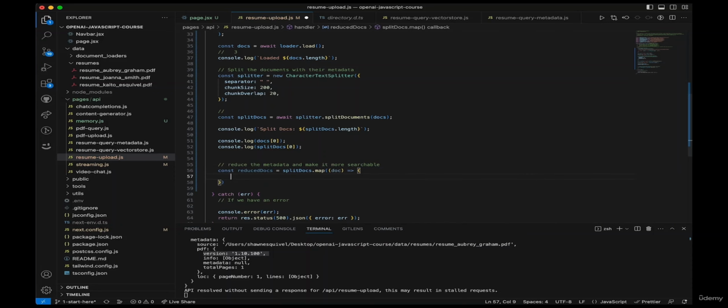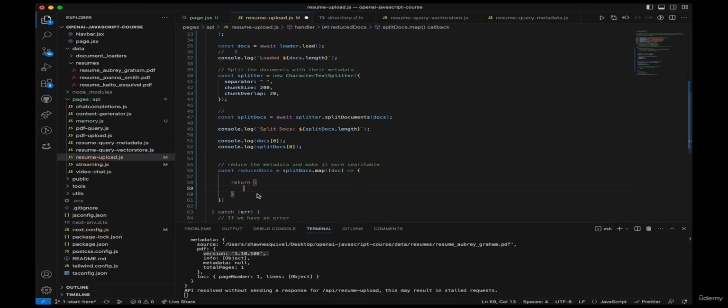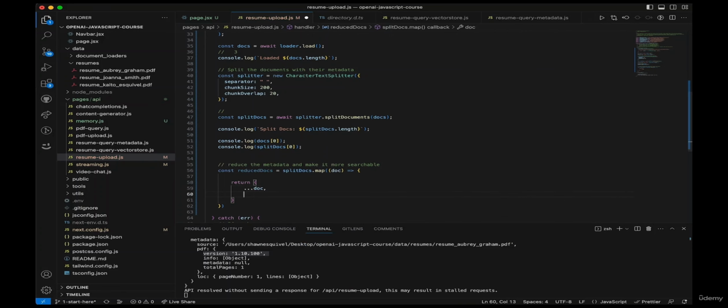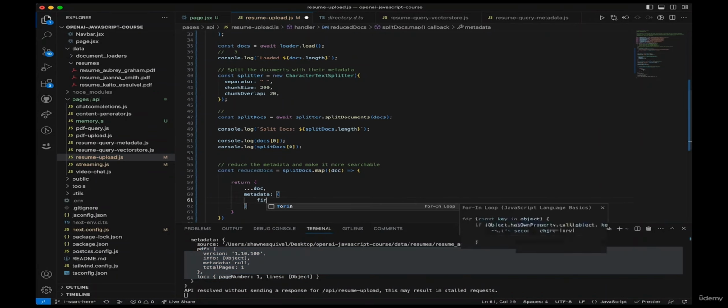And what we're going to do with that is return a new doc, the same doc, but instead of the previous metadata, which was all of this stuff, we want to reduce it down to just the first name,